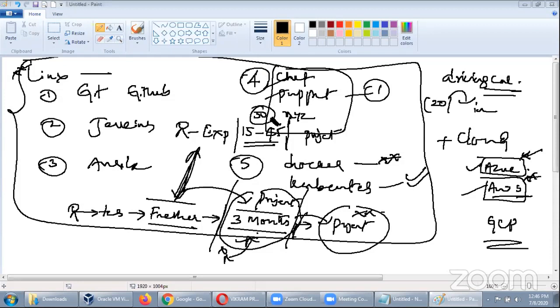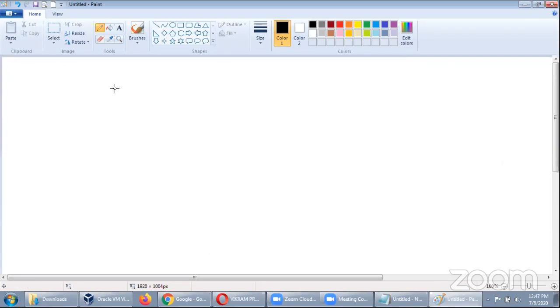Overall, DevOps is a good career, guys. The only thing is you have to make a choice. So if you are currently in the industry, these are the only choices, guys. So don't get deviated, because you need to make the right decision. See, if you go in cloud, you'll be happy.